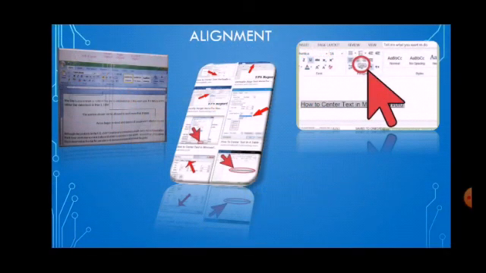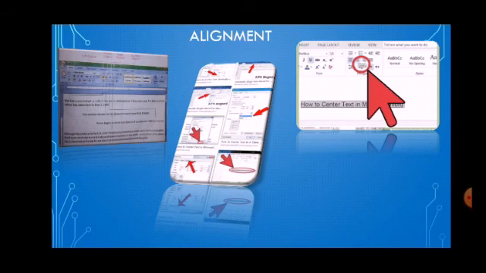Alignment. Alignment is the way by which the text is placed on a page. A text can be aligned in 4 ways. They are left alignment, center alignment, right alignment and justified alignment. So you can change your text alignment. Left alignment means text is lined up along the left margin.